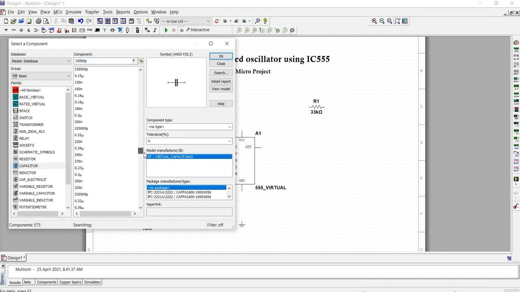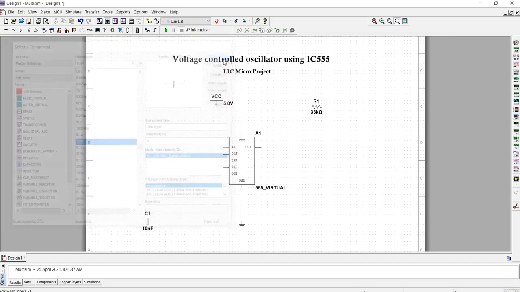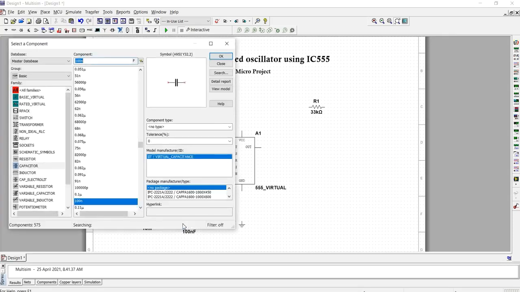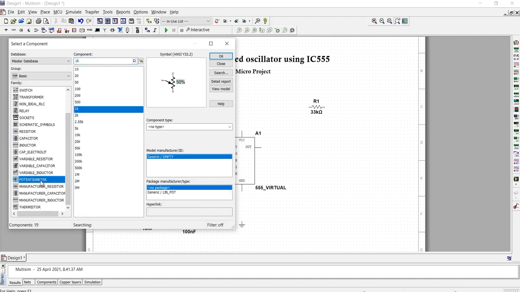Now select a 100 nanofarad capacitor. Now select the last component, the potentiometer. The potentiometer value is 1 kilo ohm.